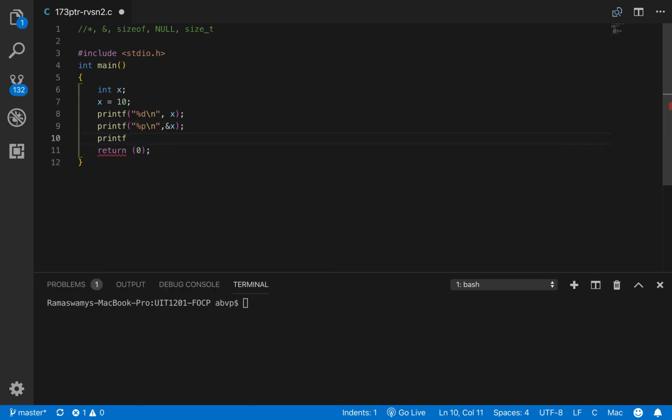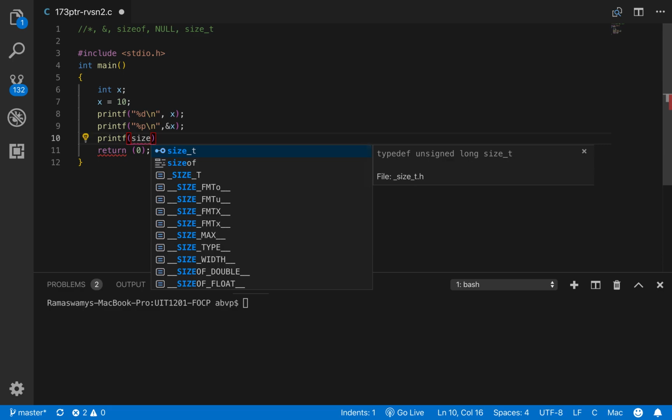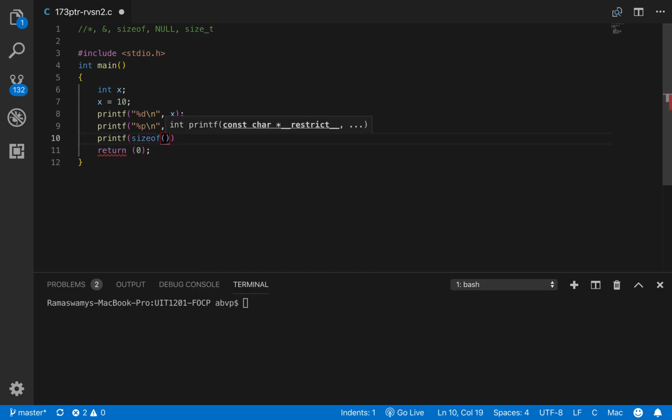And finally, let us print the size of x by calling the sizeof operator, sizeof x. For the size of x within the placeholder, let us make use of %lu\n. %lu meaning long unsigned integer.